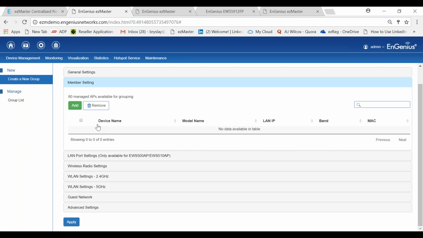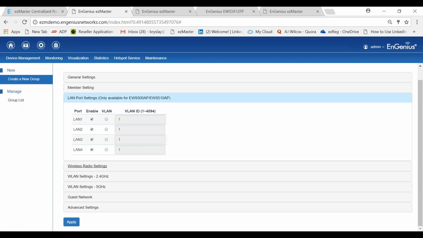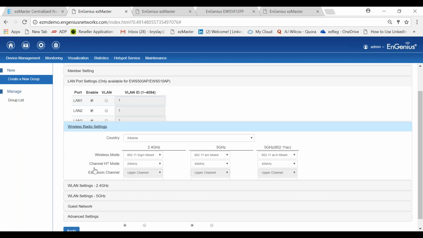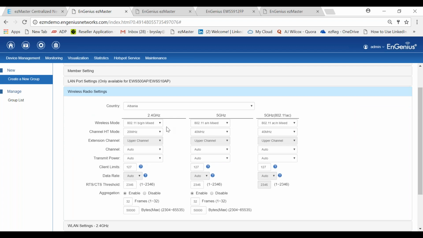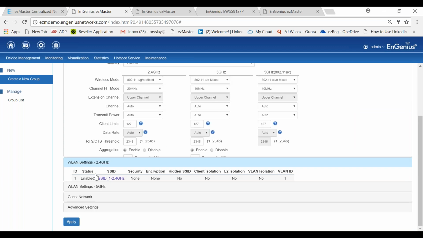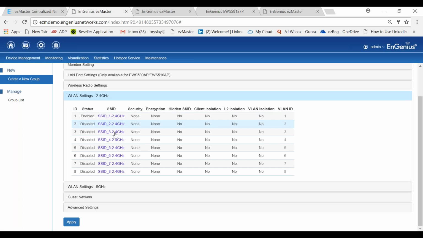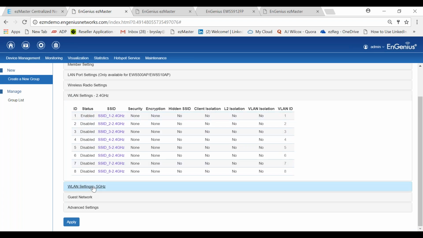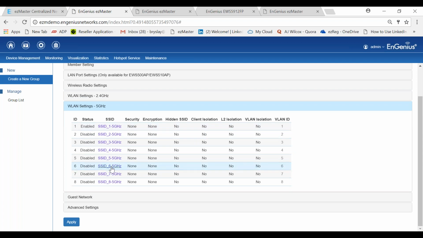You can select all the items or all the access points. In this case, my example was 10 11AC access points. All of those access points would show up. You would select all, and then you could configure all of those access points. You could configure the radio output power, you could configure the channels, you can configure the SSID or the broadcast name on the 2.4 gigahertz side. You can do that on the 5 gigahertz side. So there's multiple things that you can do.